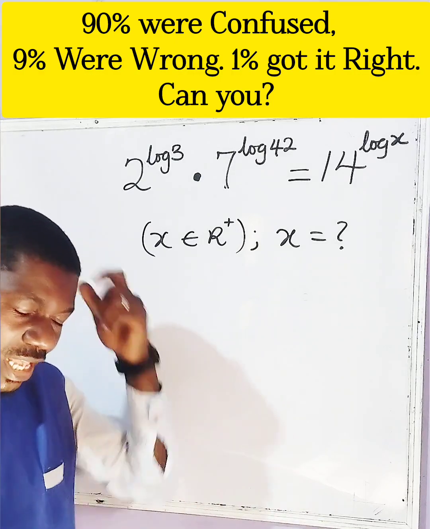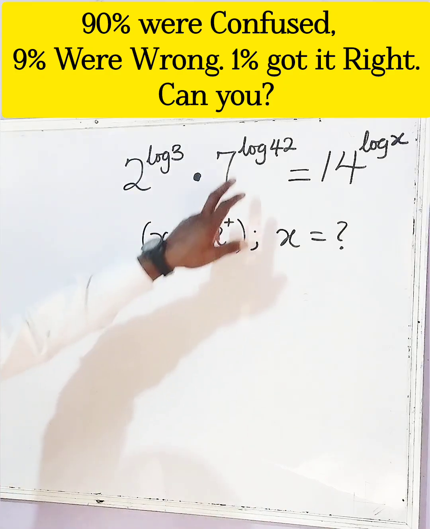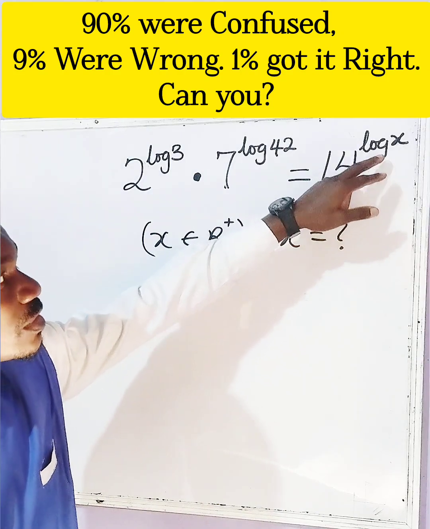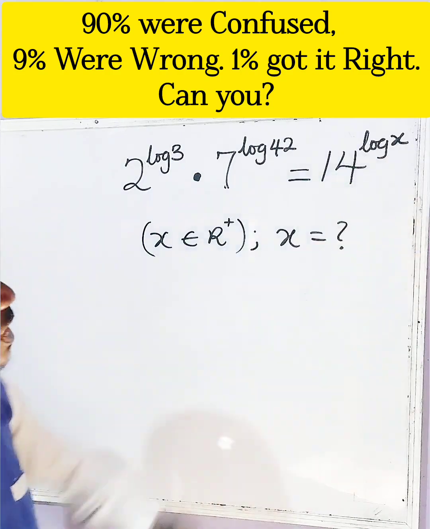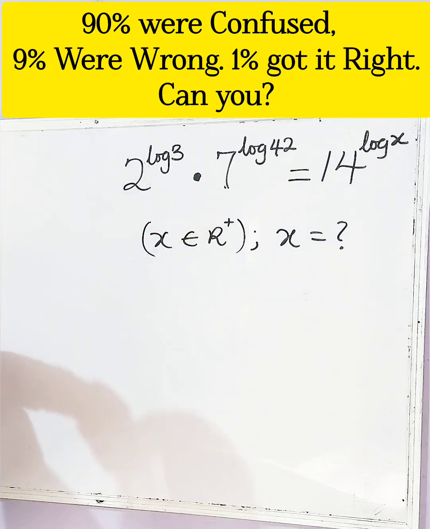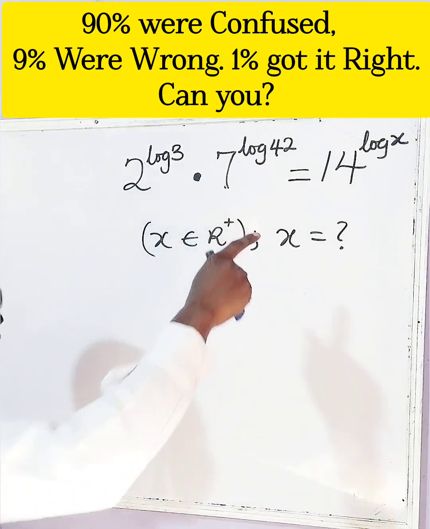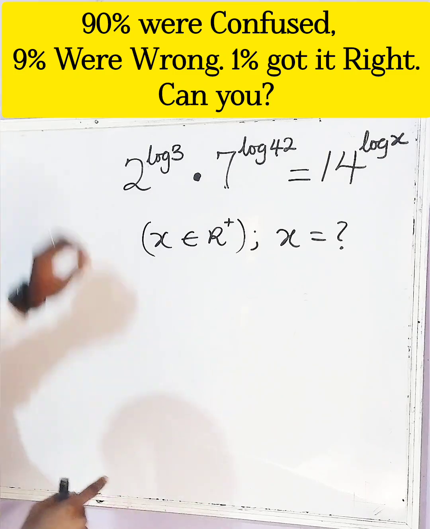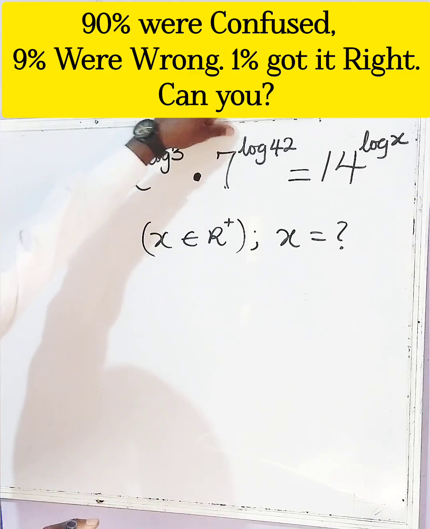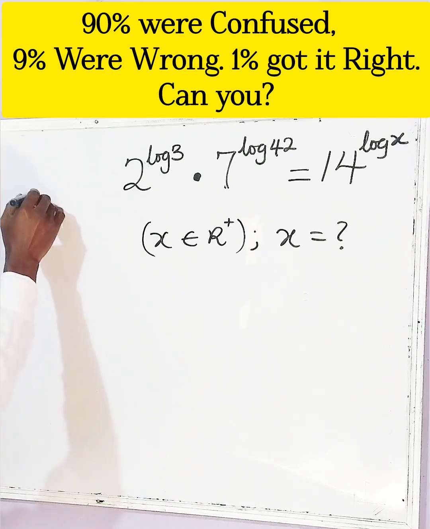Now, very easy. All we just need to do is, let's break this down. Take note that on the right hand side we have 14 raised to log x. And on the left hand side, you get to notice that if we multiply 2 and 7, we'll get 14. However, for that to be true, we must ensure that we have the same exponent before that rule can apply. And that is when we have, let us see,